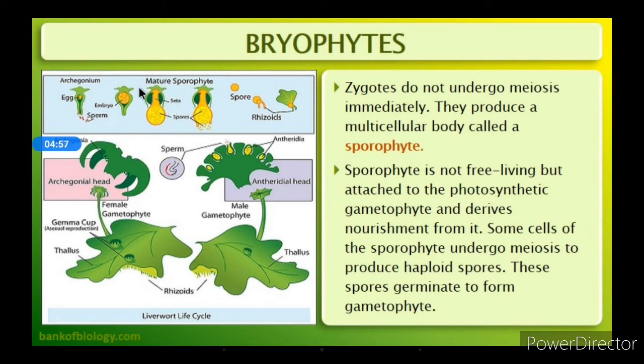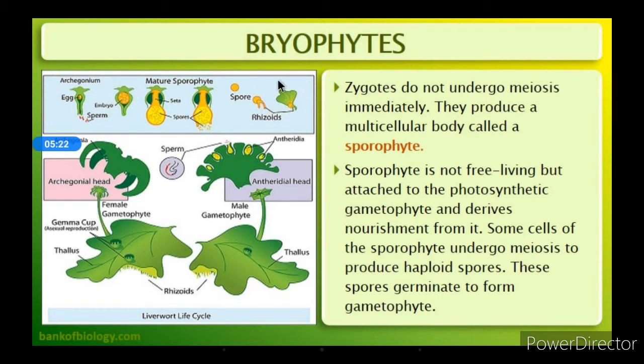So this sporophyte is not free living; it grows by attaching to the gametophyte. Whatever nutrition they need for their growth will be taken from the gametophyte. This sporophyte undergoes meiosis and produces what? Spores. Here you can see they produce the spores, and the spores will be released, and from the spore the rhizoid will